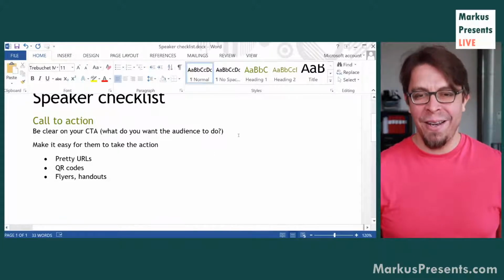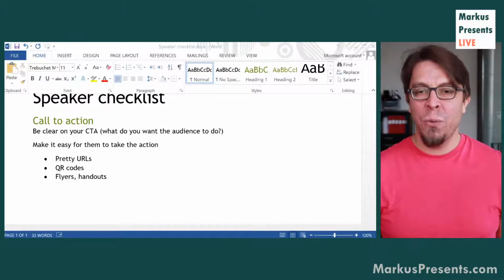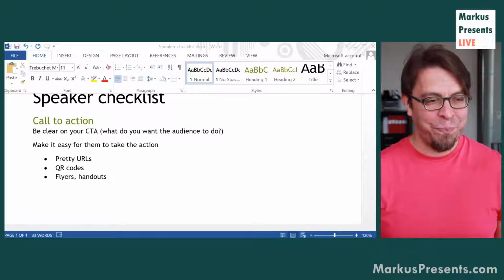You can specifically enlist the help of the host, the MC of the event. If you enlist the help of the MC, that means that you're going to brief them on what the call to action is, and then they're going to reinforce it. So let's take an example here. If not so relevant example, but let's take that Melon link exactly. So if I say in my presentation, go to markuspresents.com/go/melon to sign up for Melon, and then I finish my presentation,